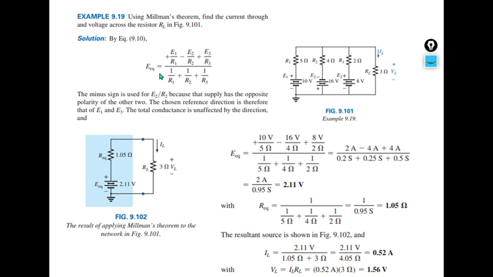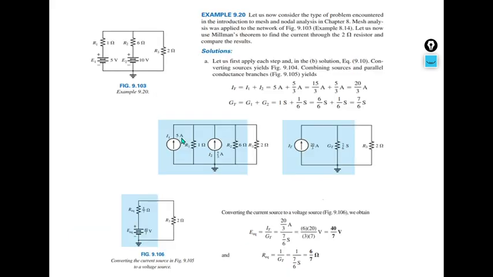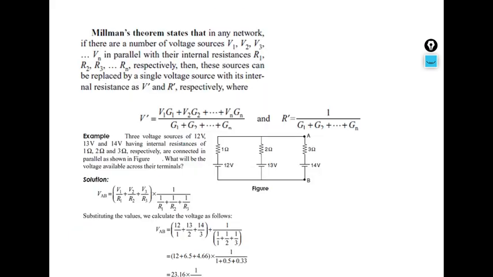So here the question is: using Millman's theorem, find the current through and voltage across resistor RL. So you have to find the voltage across resistor RL. To find the equivalent voltage, we can use the formula. Here you can see a minus sign, so before going to this, let us look at the formula: V1 G1 plus V2 G2 up to, that means summation of,